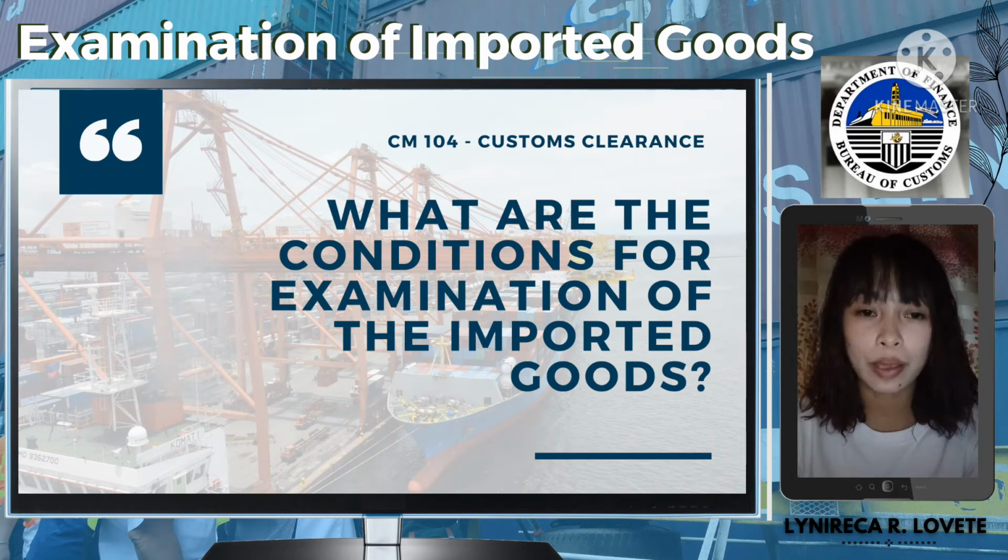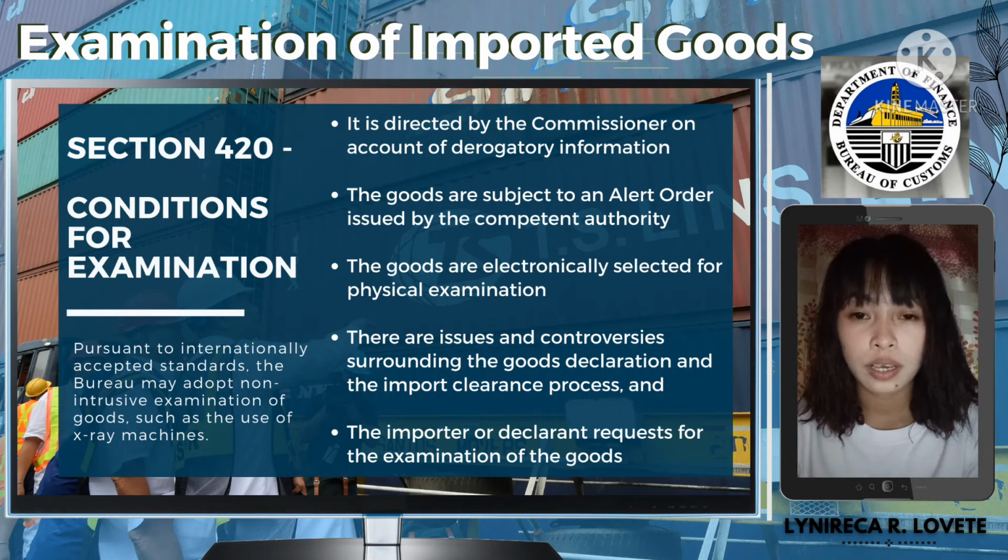The second question is: what are the conditions for the examination of imported goods? To answer this question, the information is found in the CMTA, Republic Act 10863, Section 420, which is the conditions for examination. Pursuant to internationally accepted standards, the Bureau may adopt a non-intrusive examination of goods, such as the use of X-ray machines. The intrusive physical examination of the goods shall be conducted when, first, it is